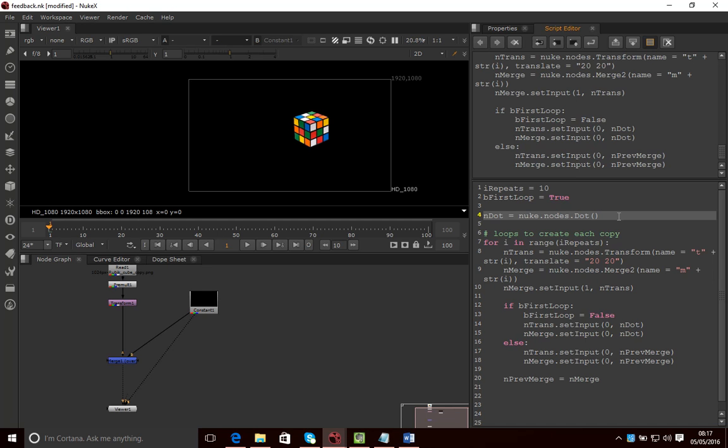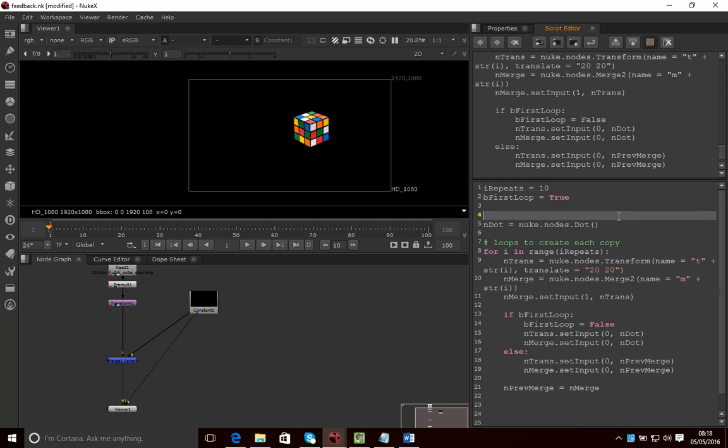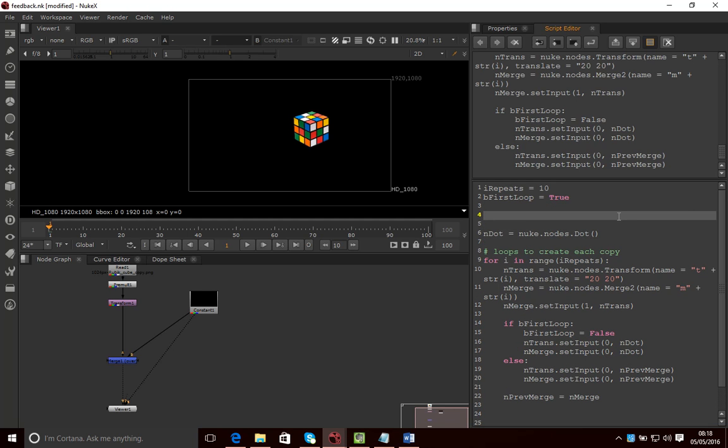In order to do that, one of the first things we need to do is make sure that there aren't any nodes selected in here, because otherwise they'll get included in the group. So if the user's already got some nodes selected, then we want to run a command just to deselect those first of all. So I'm going to go nuke.scripts